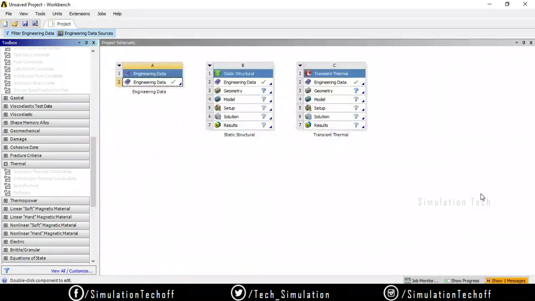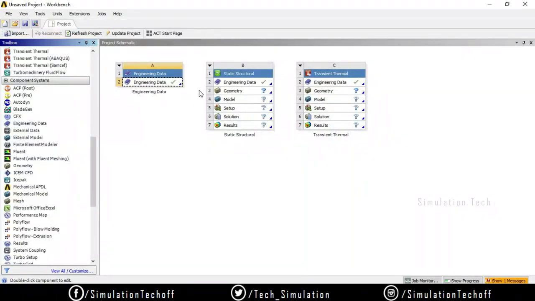That is the main difference between the standalone engineering data and the component. So the component engineering data varies depending upon its use. Whether it is structural or thermal, or if I need structural properties as well as thermal properties, obviously you need to go to the standalone engineering data. After that you can share the engineering data to any other systems so that you can work on it.